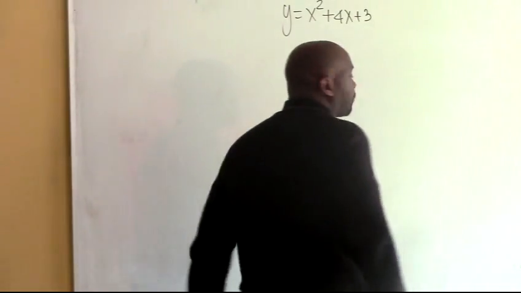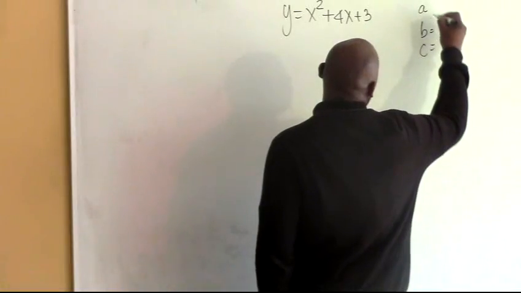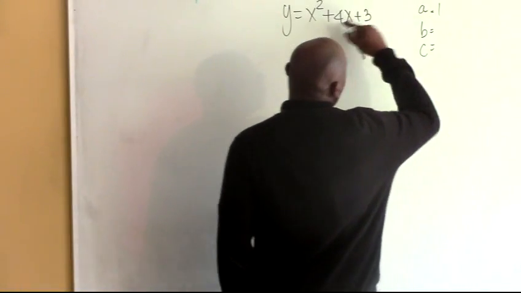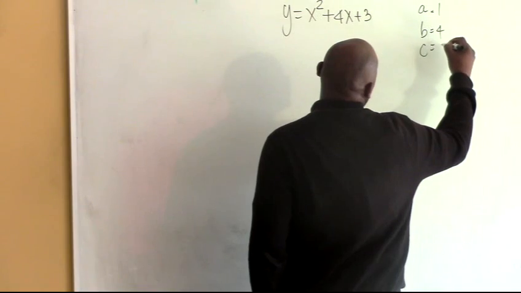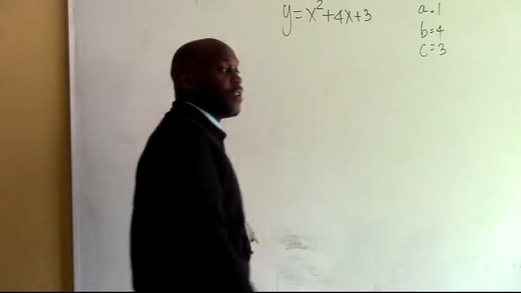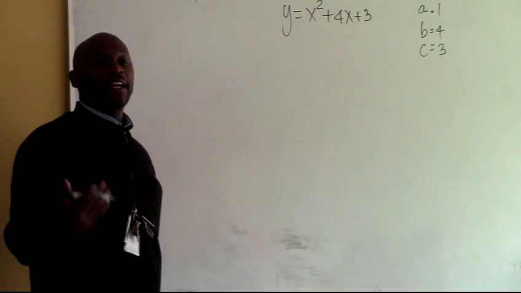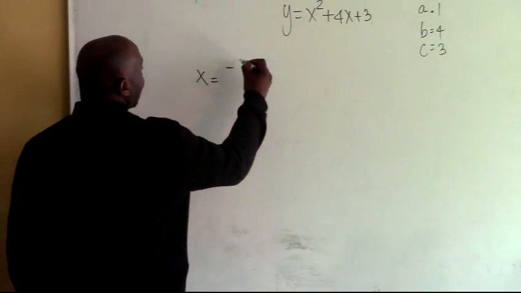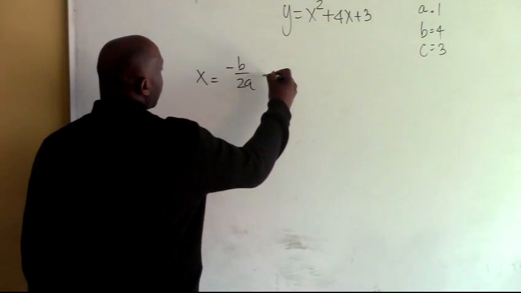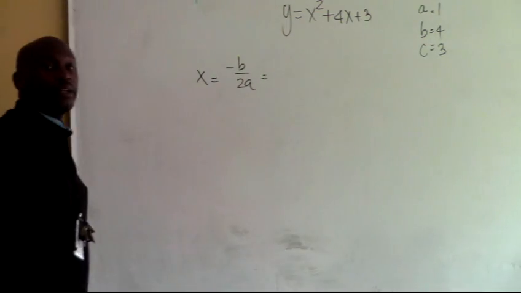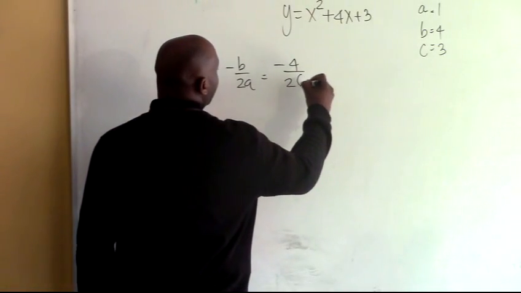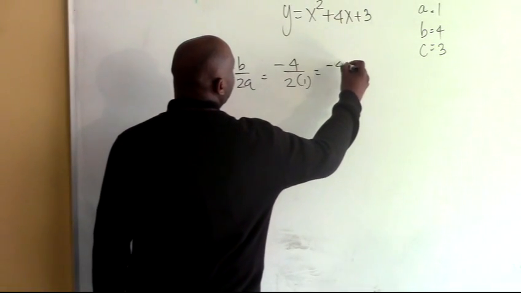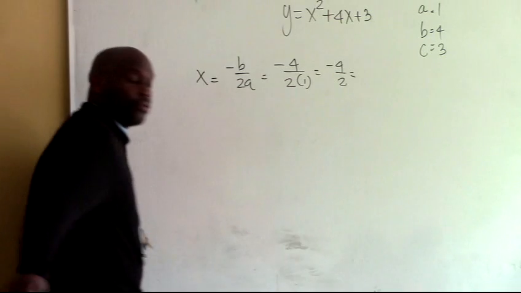plus 3. Alright, so a is 1, b is 4, c is 3. I'm going to put it down and you're going to solve it for me, right? So we have to find x. x is equal to negative b over 2a, which is equal to negative 4 over 2 times 1, which is negative 4 divided by 2, which is equal to